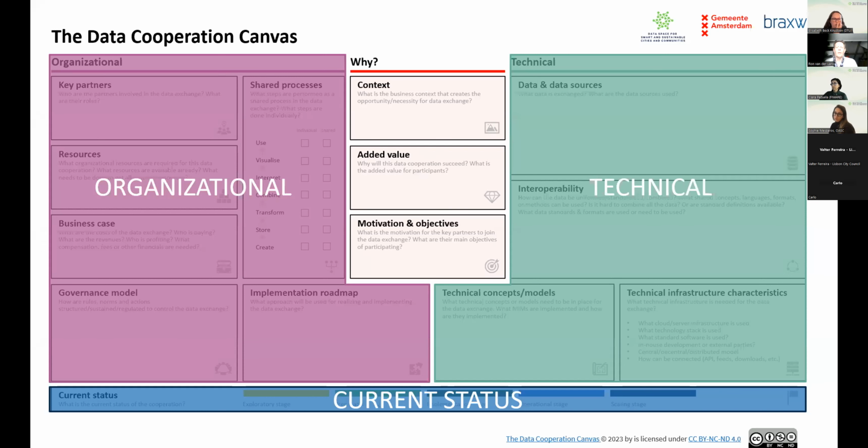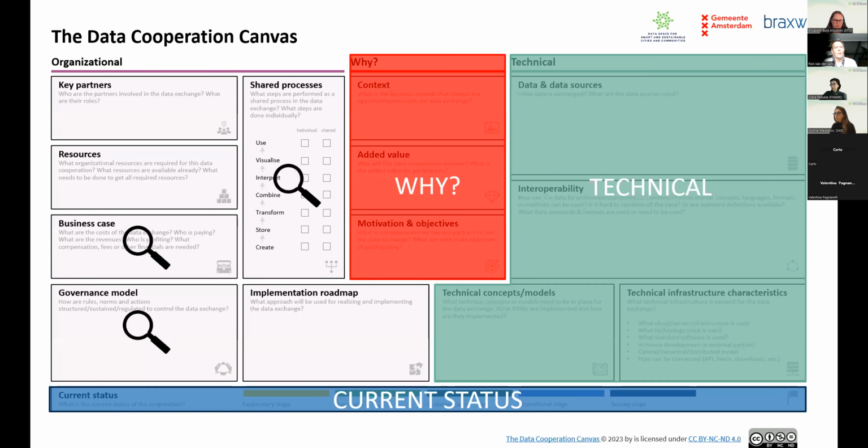And when we look at the why, it's about why this cooperation is there. So what's the context, what is the area of expertise it's operating in, what are the objectives, what are the motivations for that, and how can it add value for the area where it works. So in the canvas, you try to describe this, and within a team, try to discuss, like, is this a good description of what added value we want to have, and discussing about it will give you a common ground and common goal to work on.